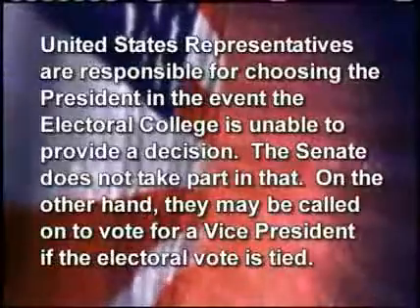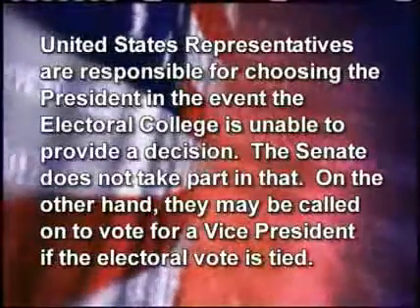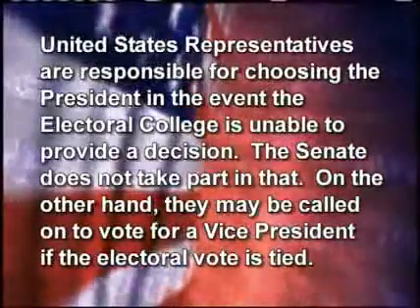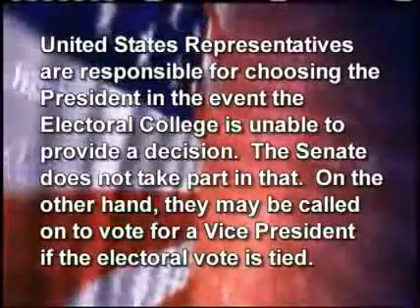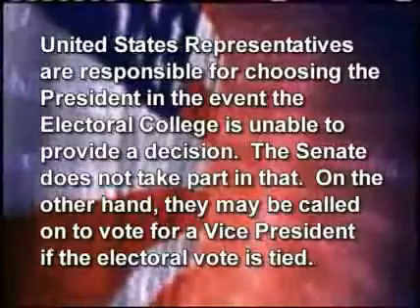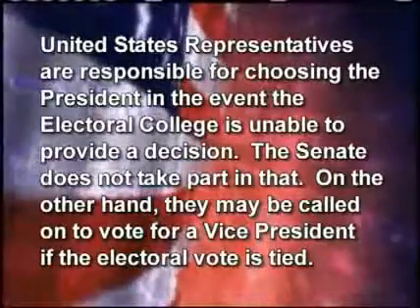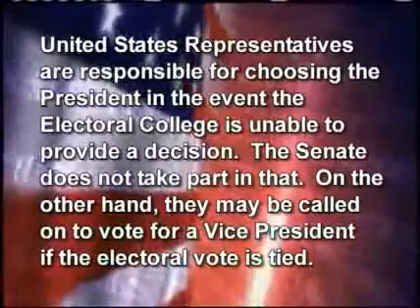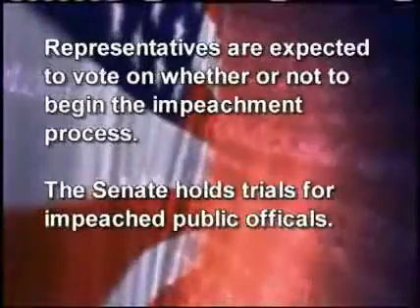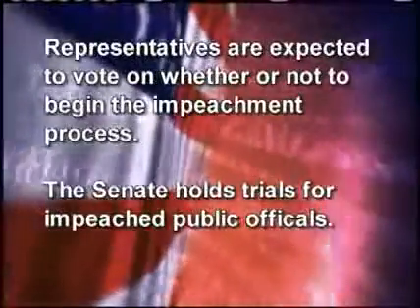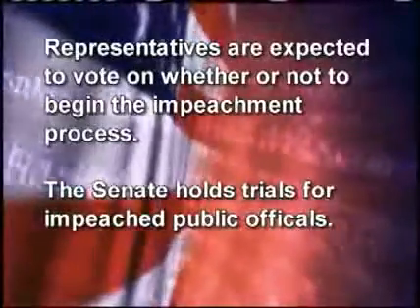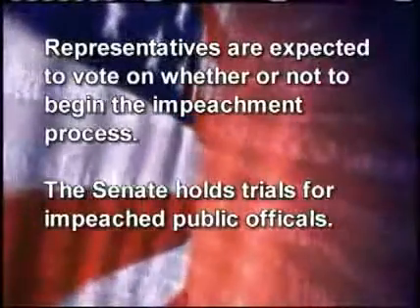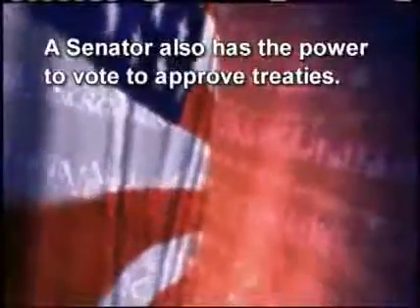United States representatives are responsible for choosing the president in the event that the Electoral College is unable to provide a decision. The Senate does not take part in that. On the other hand, they may be called on to vote for a vice president if the electoral vote is tied. Representatives are expected to vote on whether or not to begin the impeachment process. The Senate holds trials for impeached public officials. A senator also has the power to vote